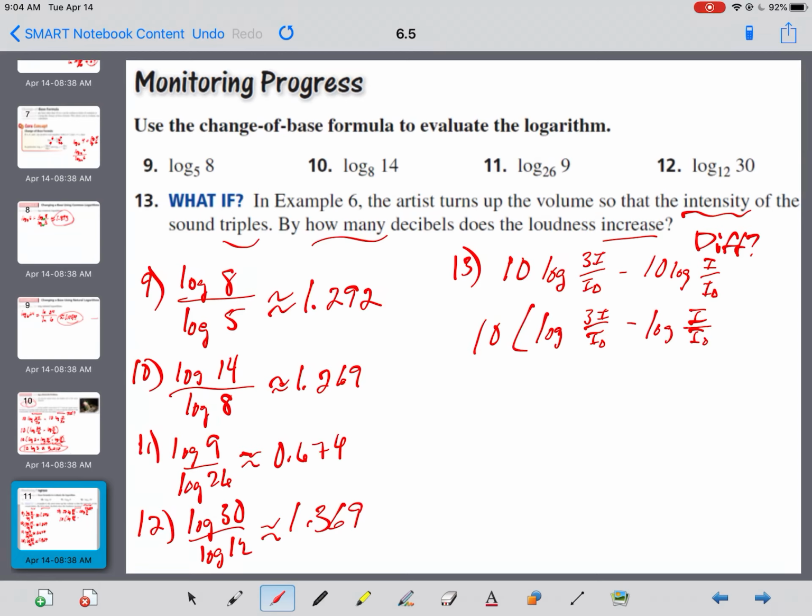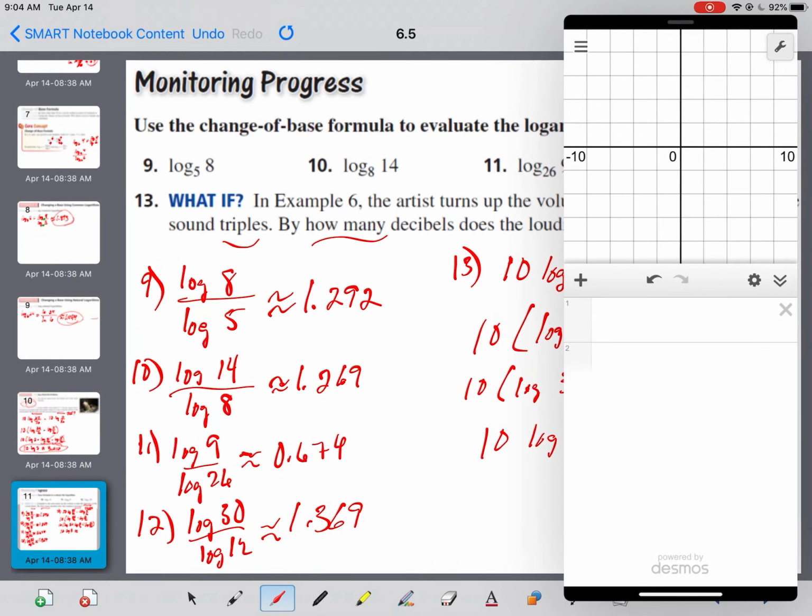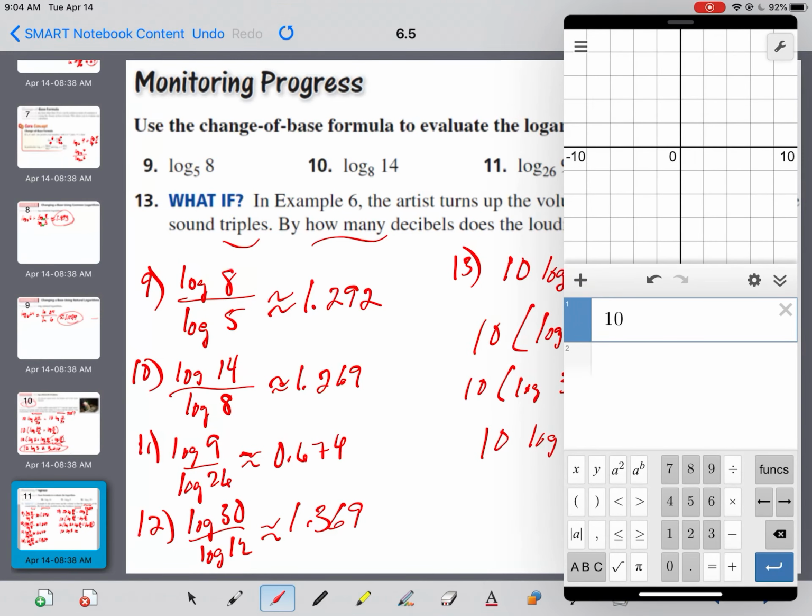Log 3I over I sub 0 minus log I over I sub 0. Those are multiplying. Pull out the 3. 10 times the log of 3 plus log of I over I sub 0 minus log of I over I sub 0. Those eliminate. So we got 10 times the log of 3, which is about